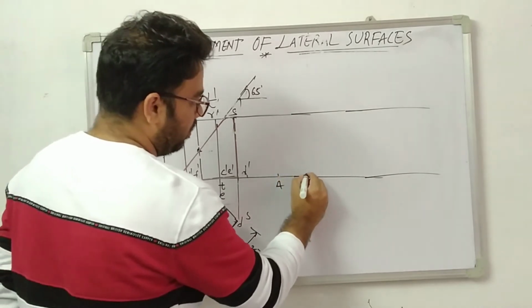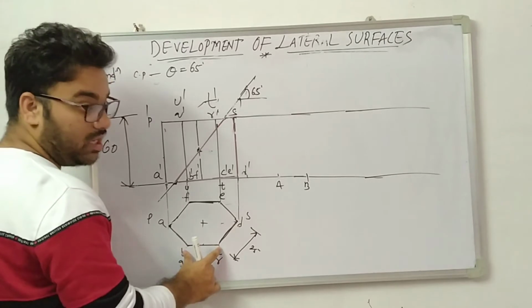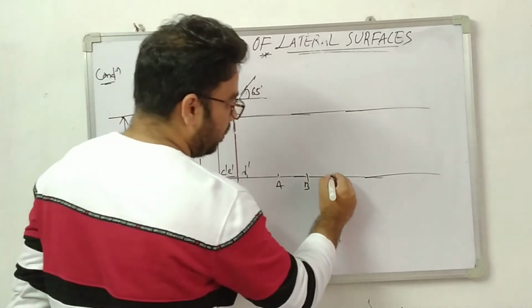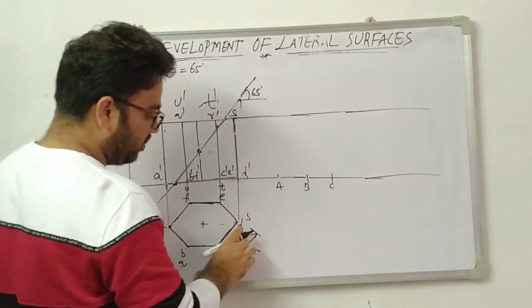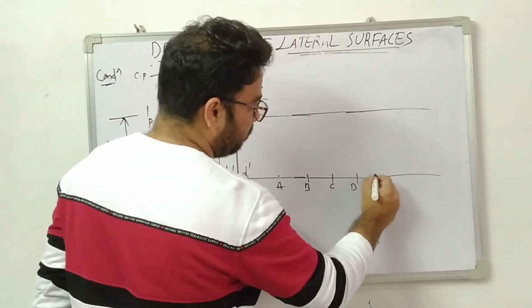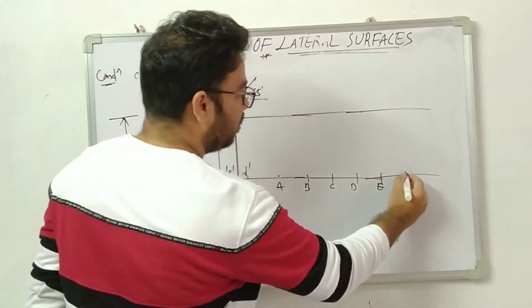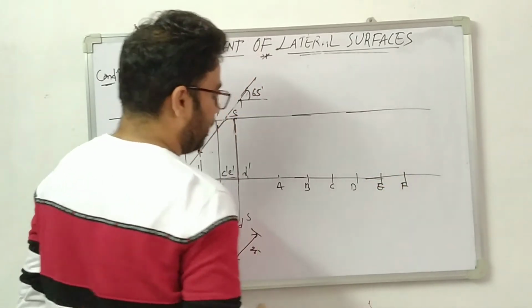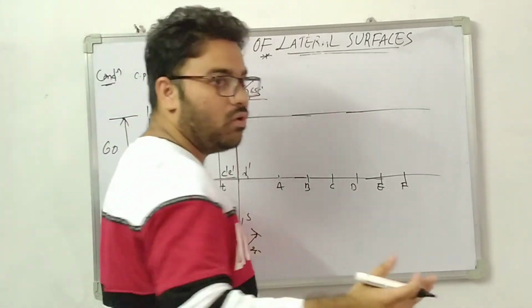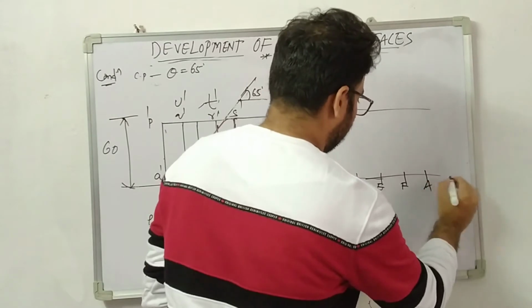Cut an arc, that is letter B. Now again take 25 mm, cut an arc, you will get C. Similarly from C onwards you cut an arc of 25 mm, D. Next one, after D, repeat the procedure, you will get E. After E, you will get F. After F, again we have to fold it, then you will get letter A.